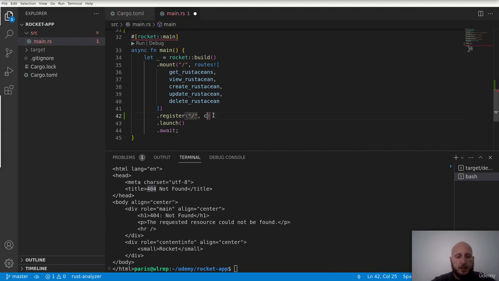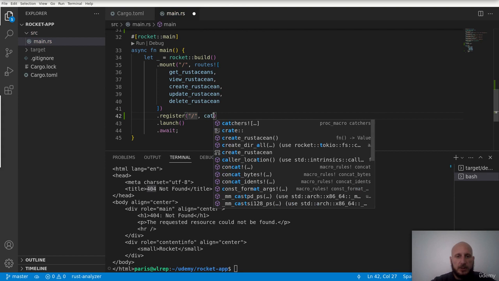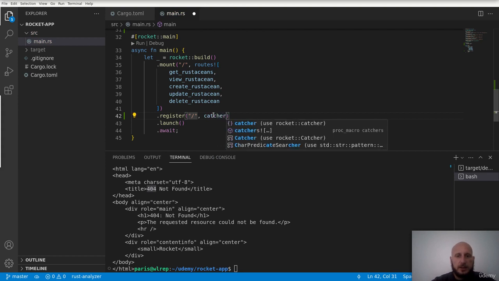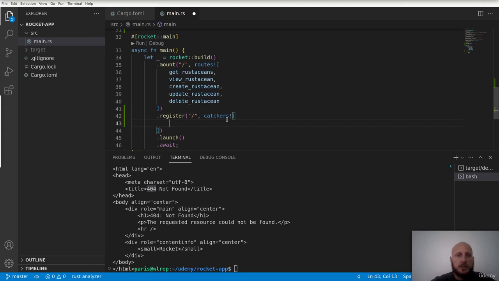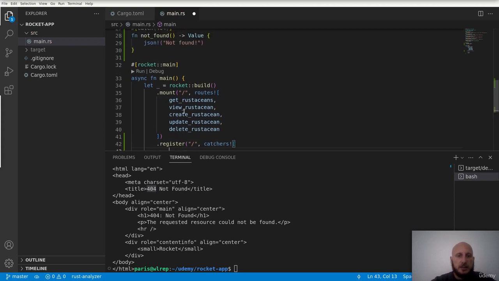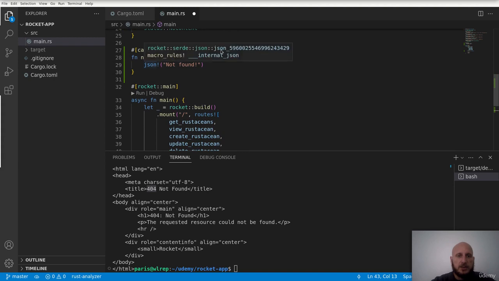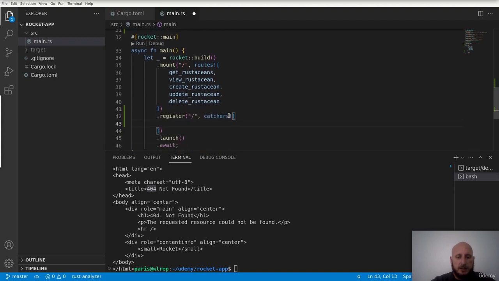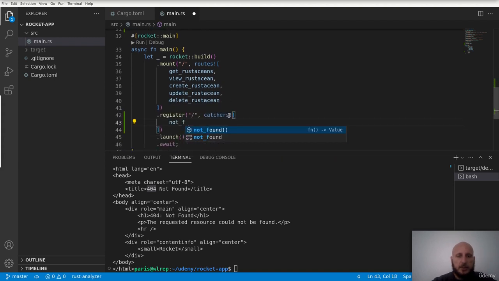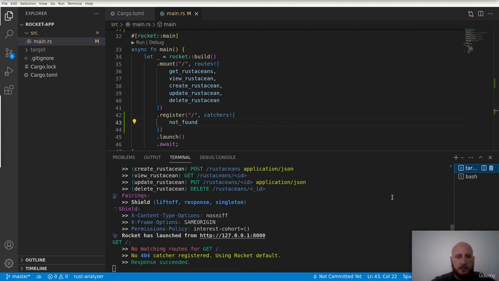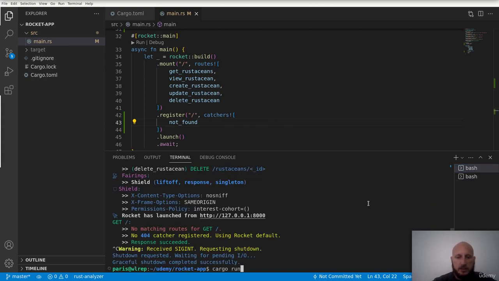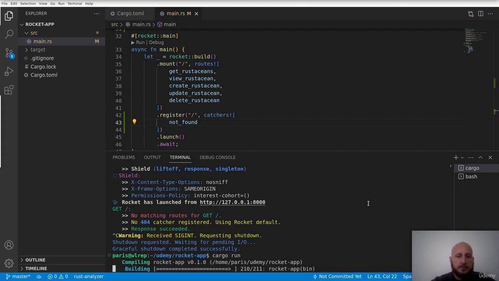We have a nice macro that we can use exactly like we did with routes up there. We can also use the catchers macro, see. And in here we will just pass in the catchers that were defined earlier in our program. So here we just have the not found catcher now. And then that should be enough. If I recompile our application and run it,